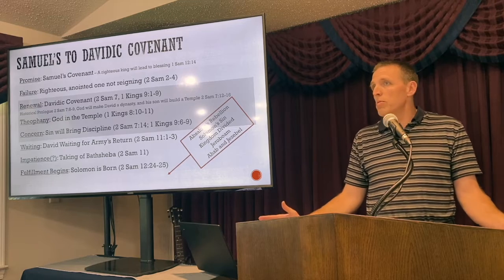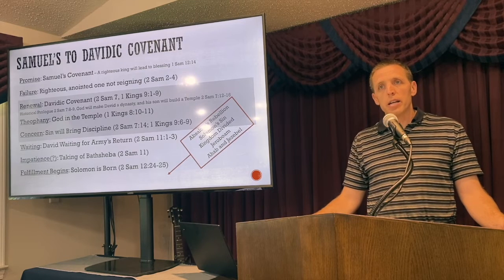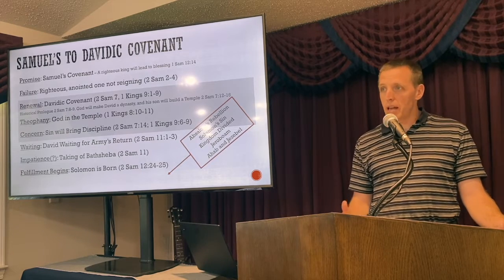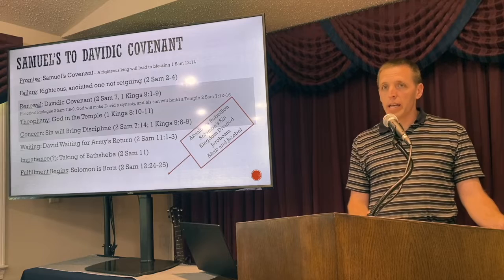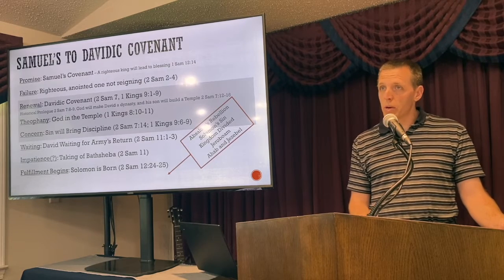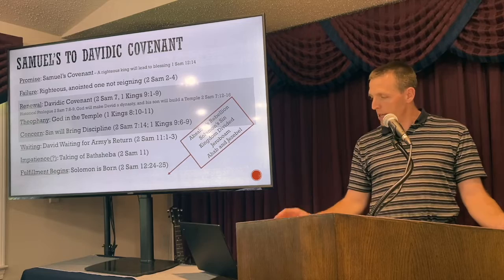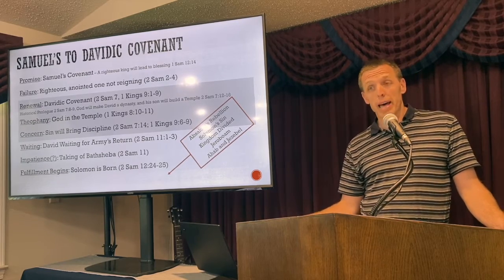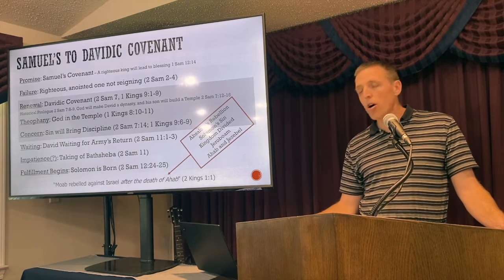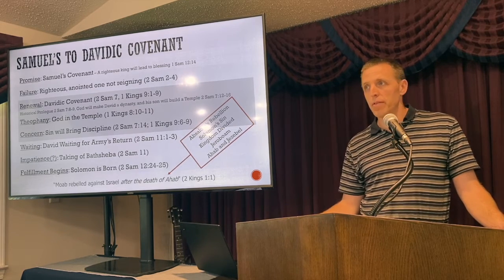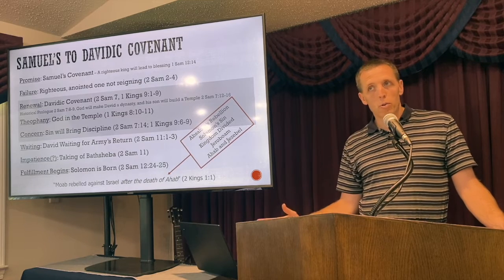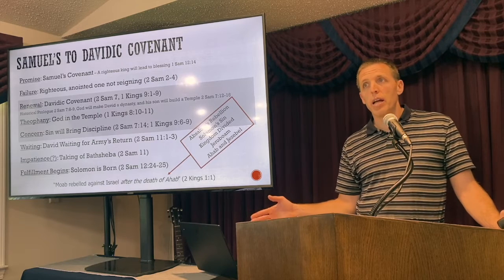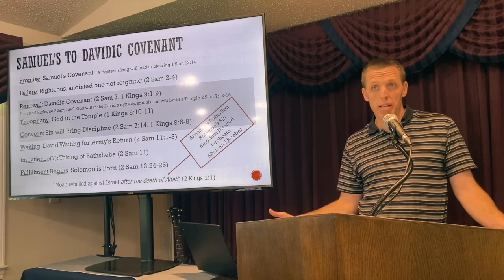If you notice this pattern and you were a reader, you might wonder, like, what's going on? It's time for God. He's seen enough failure. It's time for him to step in, call out somebody to be the new leader who he covenants with and get us back on track, right? But it takes a little while. And then you eventually get to Ahab and Jezebel. And man, it gets really bad then. And it's only after that we finally read those critical words, once upon a time or happily ever after, to tell us it happened after the death of, that, hey, something new is happening.